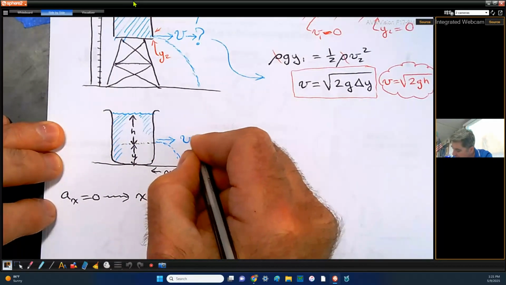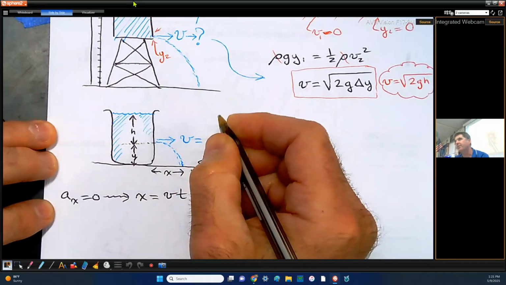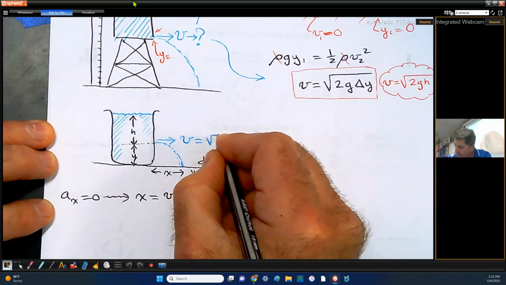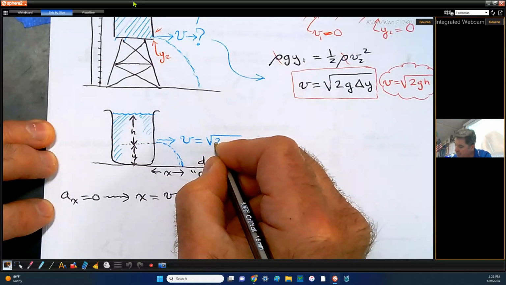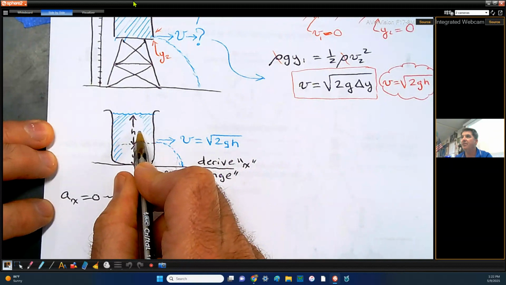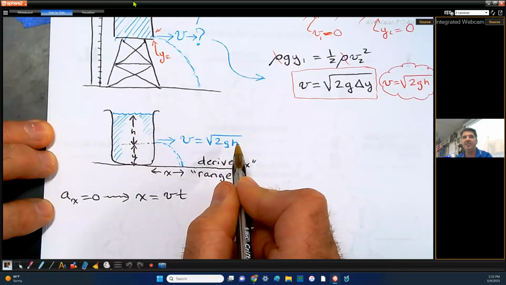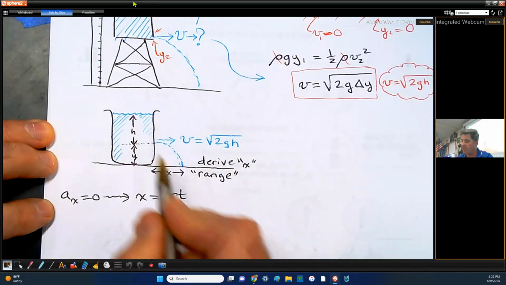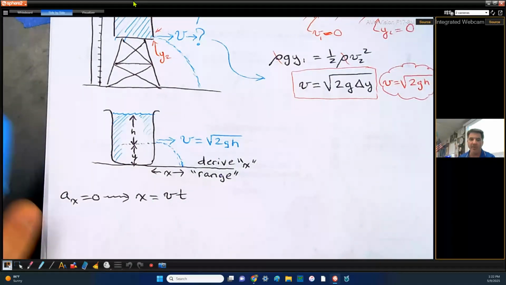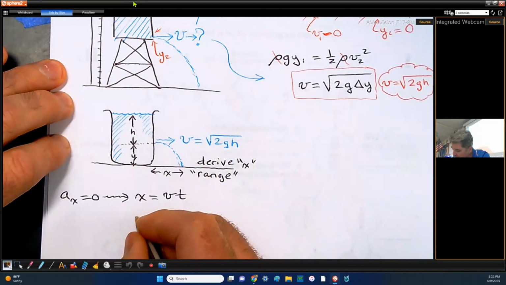Does anyone know what the velocity coming out here is going to be equal to? Oh, golly. What's it going to be? It's going to be root 2GH, and the reason I'm going to call it 2GH is I have an H there, right? The velocity there is going to be root 2GH because I'm using an H on the top. Okay. So then I say, okay, X equals